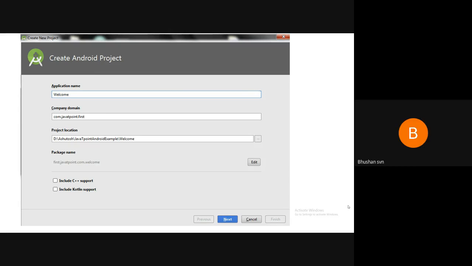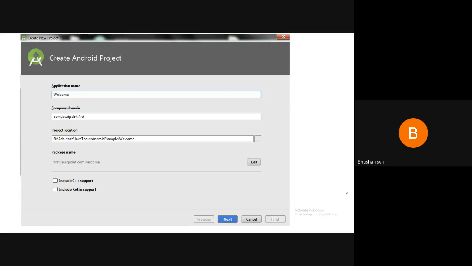The version of the Android Studio framework which we are using is 4.1. Once you install it in Windows or Mac or any other operating system, you can download the software from developer.android.com.